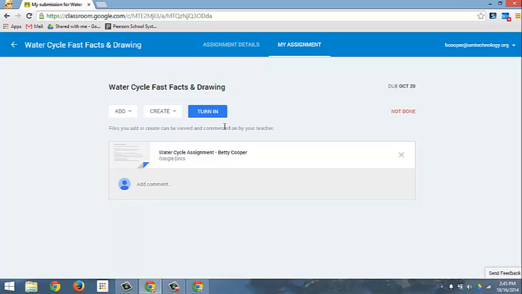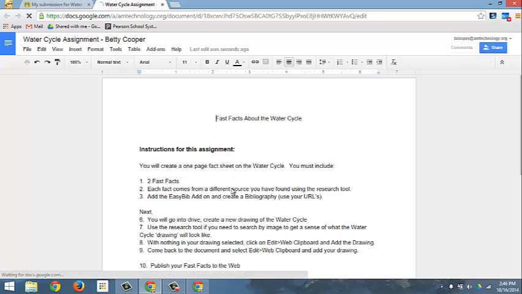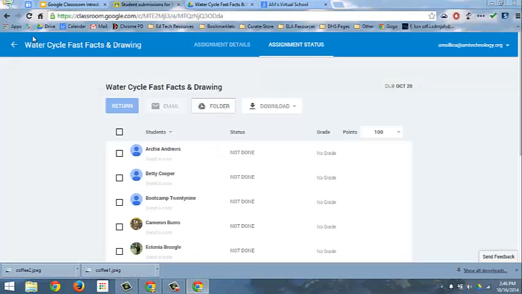And if there were any further instructions there, I could go ahead and read them. The assignment might prompt me to create a doc, but in this case, my teacher has pushed it out, which to me is really the ideal option. So I'm going to click on it, open it up, and here it is. I can get to work on it. The minute I access that assignment, the teacher then can see